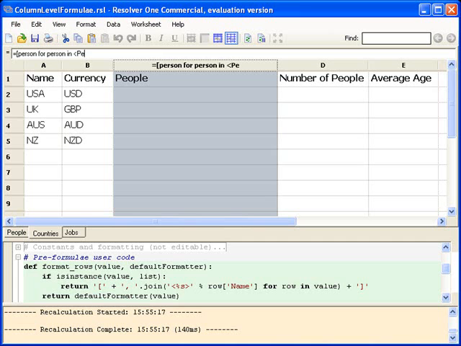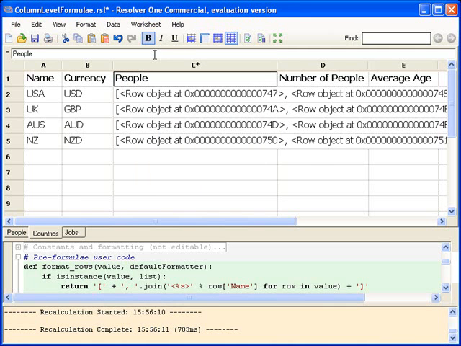We need to fill in the people column, all of the people who work in the individual countries, and we can do that from a column level formula. Notice how we specify the columns that we want to use in the formula by header using the hash syntax. As soon as we've entered the formula, a star appears in the header of the column to indicate that it